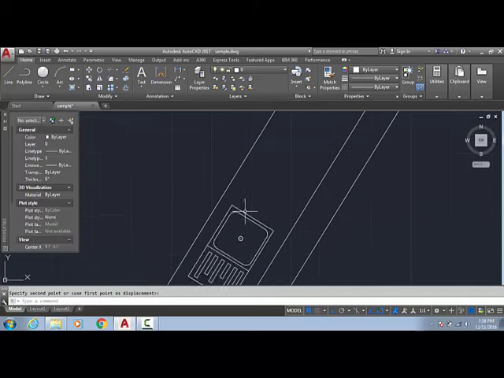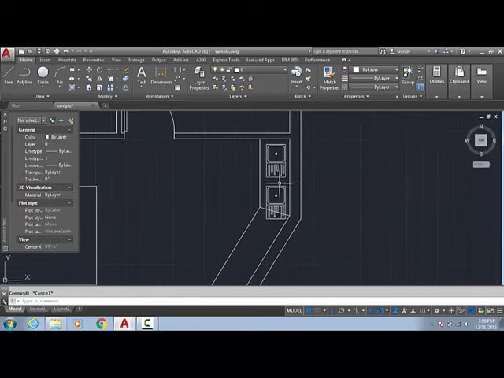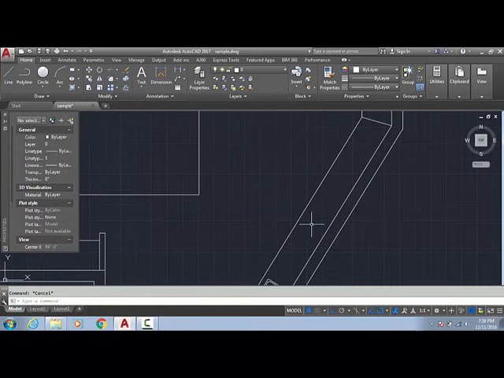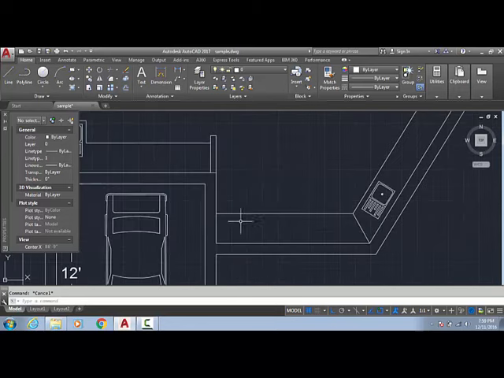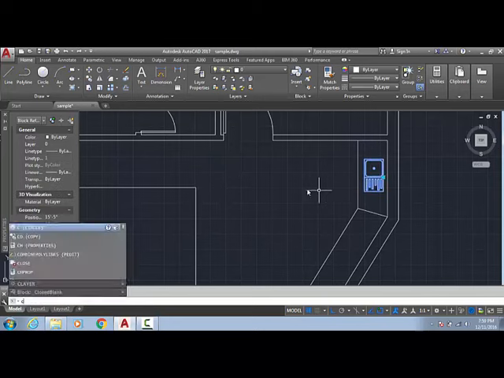Now a problem occurs when I want to copy it multiple times. For example, here only one sink will be there. I am going to move it here. Now 1, 2, 3 sinks will be there, and 2 sinks will be there. How can we do that? Control Z, copy, enter.